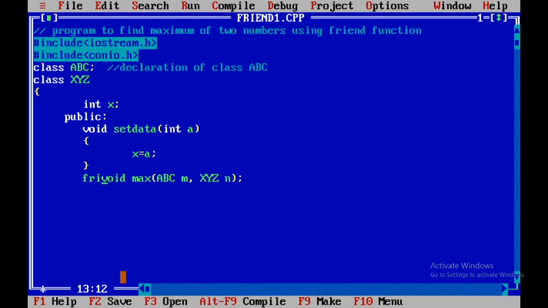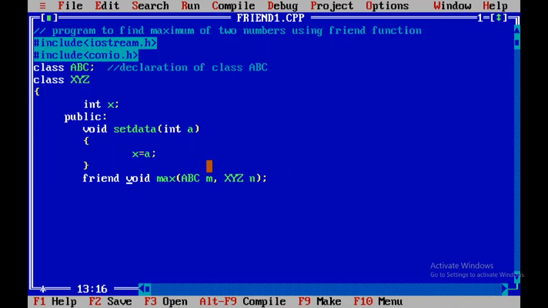I have to add the keyword friend: friend void max(ABC m, XYZ n). That means max is a normal function which is made a friend to the class XYZ. It is taking two parameters: an object of the ABC class, which we have to define further, and an object of the XYZ class.